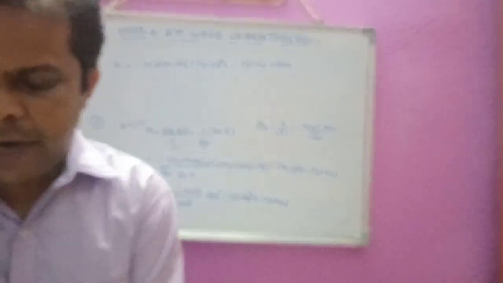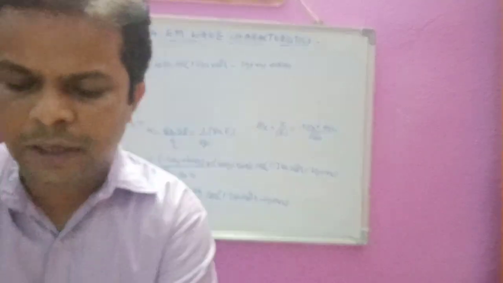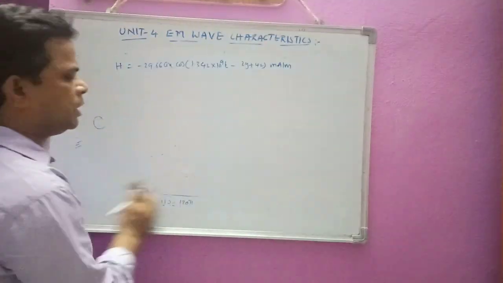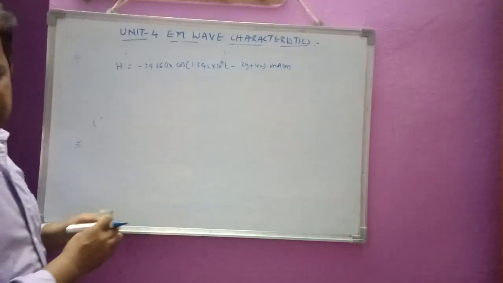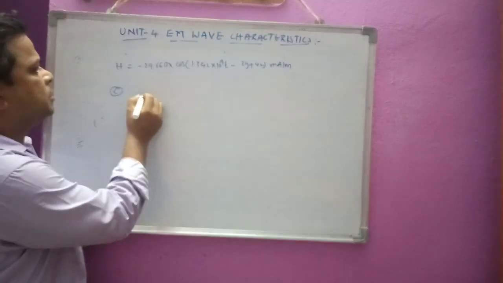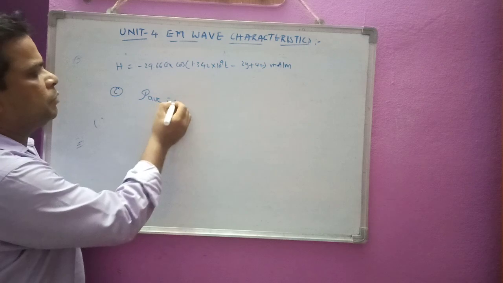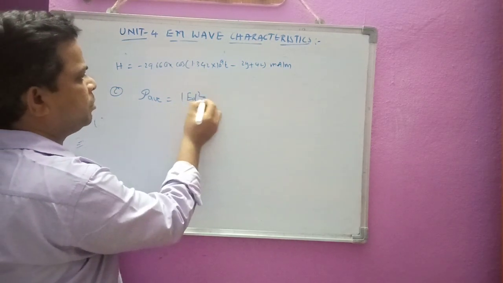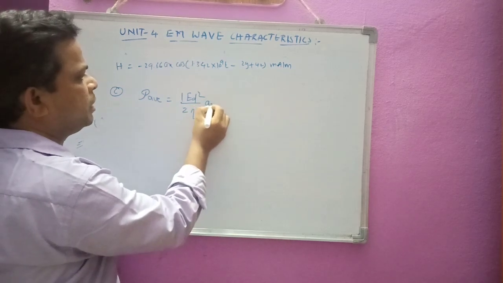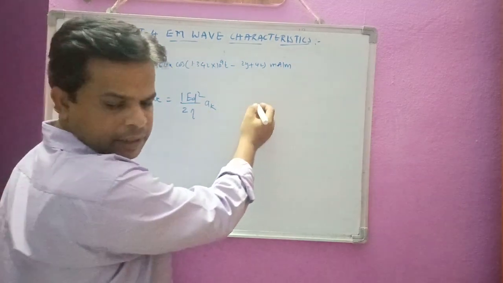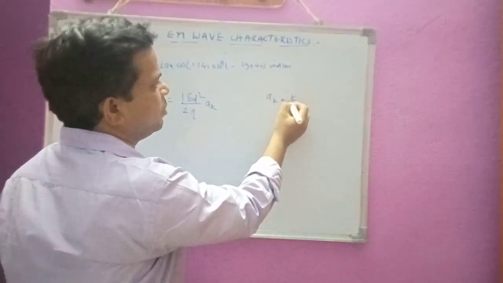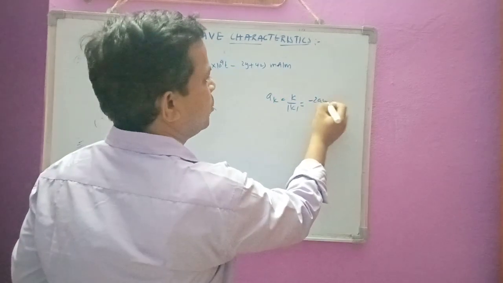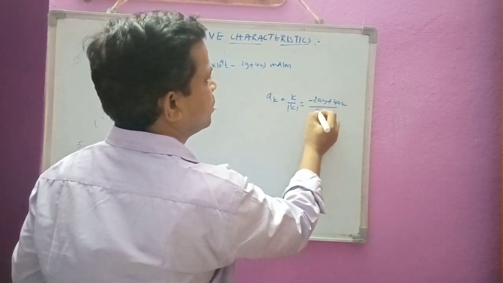You can check here, and next we will do the average power. Average power, already we know the formula. The formula which we have used in the previous problem is going to be the same here also. Now the P average is equal to, we know, 1 by 2 times E naught square, that is mod E naught square by 2 eta into AK here. AK already we have seen, that is AK is equal to K by mod K, where K we already know: minus 2AY plus 4AZ by root 20.